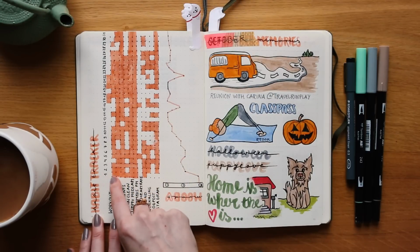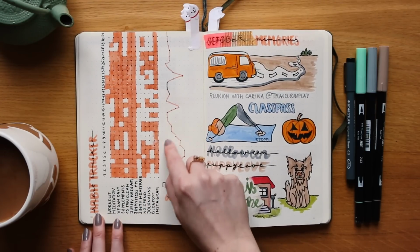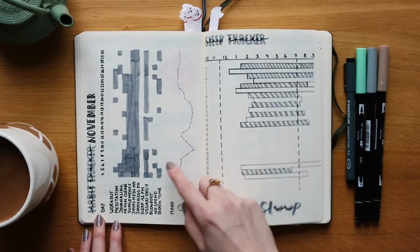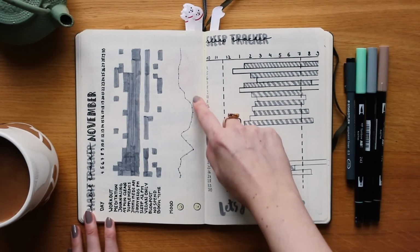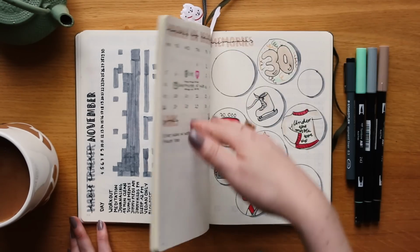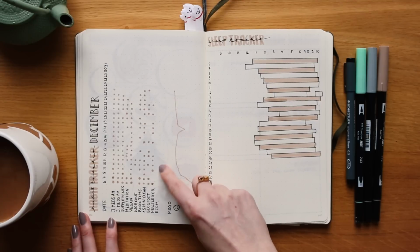And I started with those little black dots. I don't know if you really can see them, but it's just to accentuate those little dots from the Leuchtturm. But it's a hassle to do, and I think I skipped those on the next one. Oh wait, is it here? Yeah, I skipped those, so it's easier. I still kept the mood curve here on the bottom of the page, and I will also keep it in my new journal. And then for December I switched over to those dots,